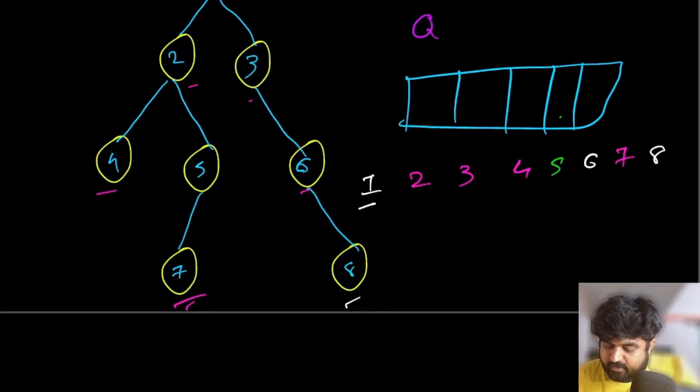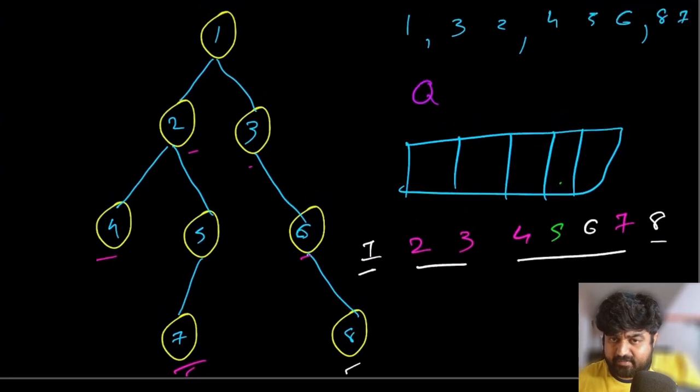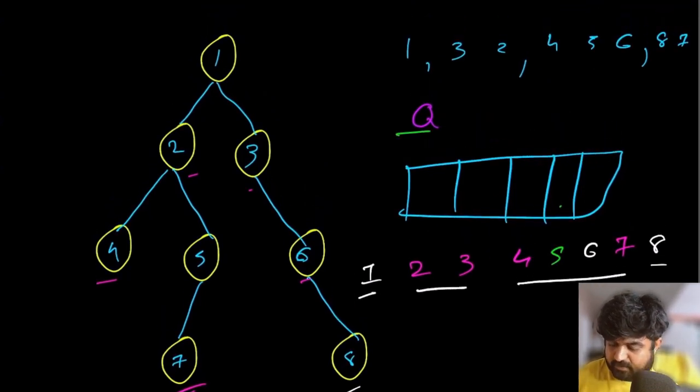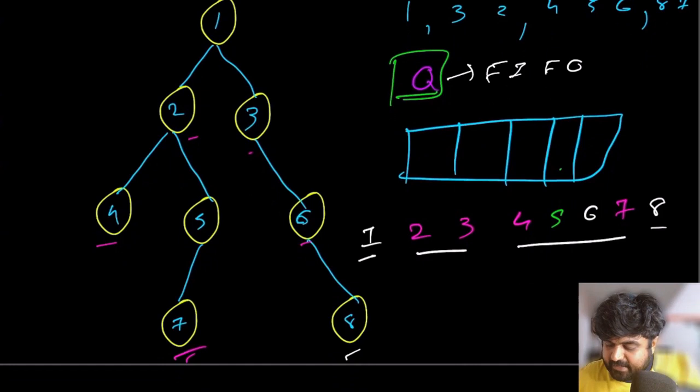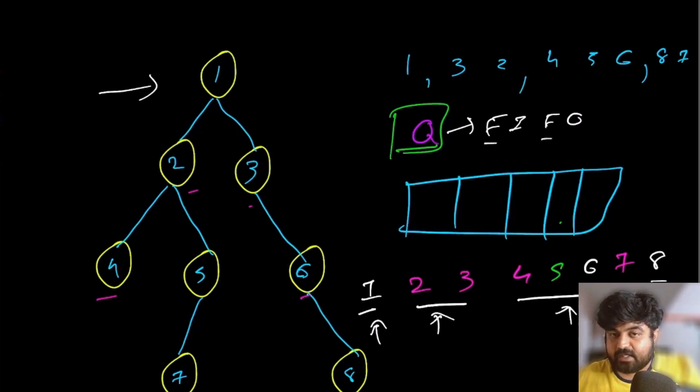But in this problem what we did is we went in the normal level order traversal, not the zigzag level order traversal. So let's see how we can make zigzag level order traversal possible. Currently the concept we are using inside the queue is the first in first out principle, which gave us the level order traversal. When we move from left to right, this concept is absolutely true, that we can have first in first out, and that would give us the proper level order traversal.